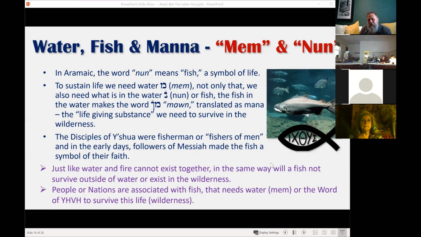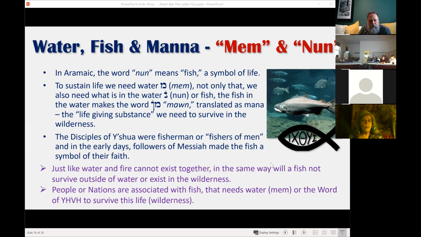Now, in saying that, the manna was given in the desert. So if you take a fish out of water and put it in the desert, it cannot exist unless you give it something supernatural to survive. And that's what the manna is. He gave us the ability to exist in this life, even though it's not possible to live in a higher form in this life. We can do it through the manna that he gave us through his Spirit.